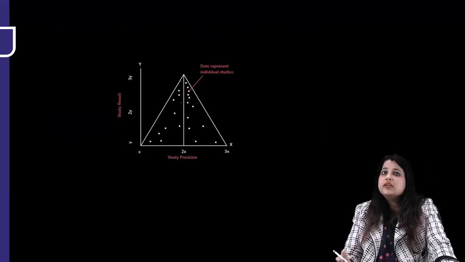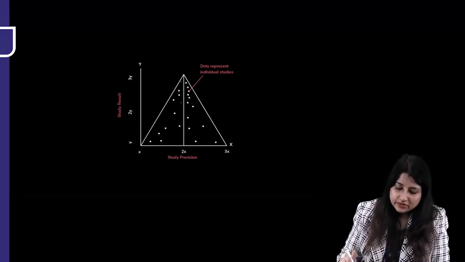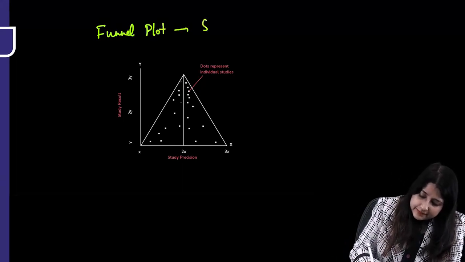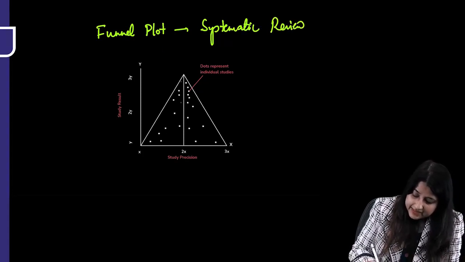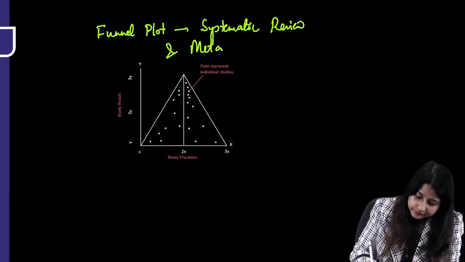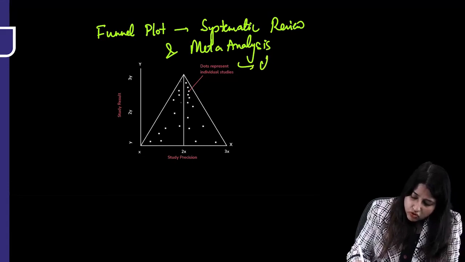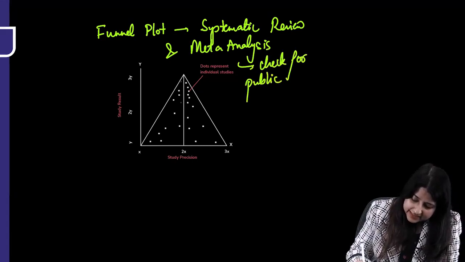All right, now these were the basic study designs that you have to know. Now, this image can definitely come. You all know this is a funnel plot, and where do we draw this? This is drawn for both systematic review and meta-analysis. And why are we drawing this? This is drawn to check for publication